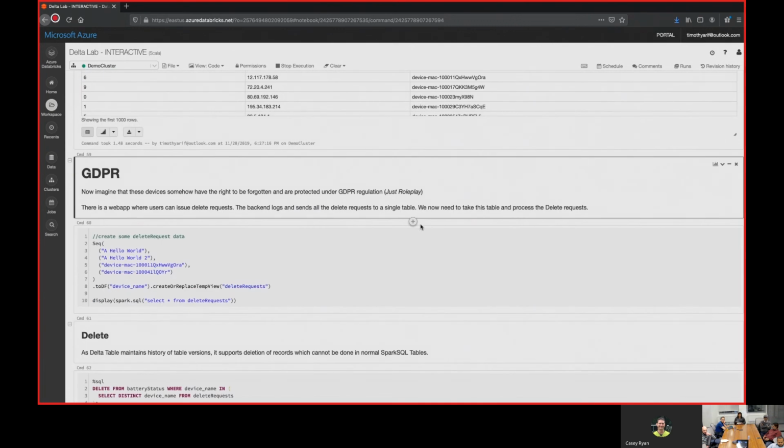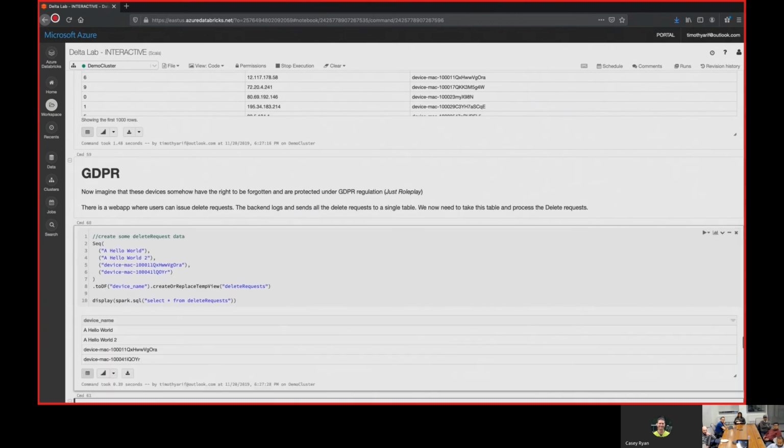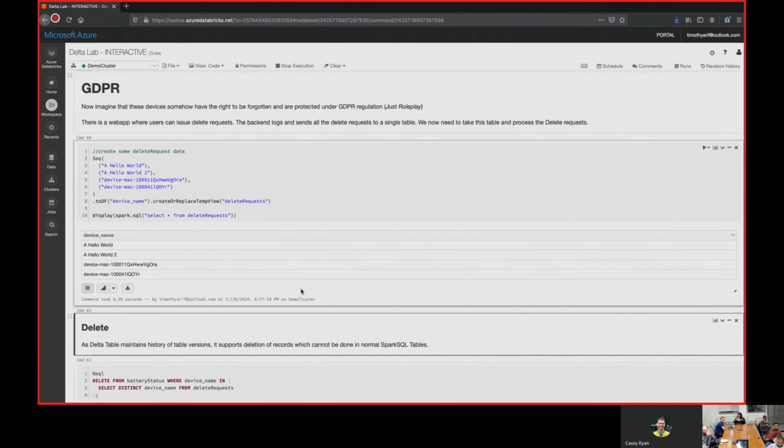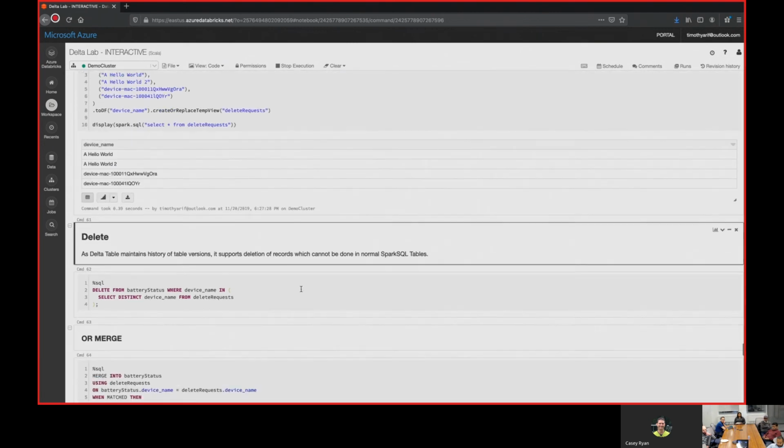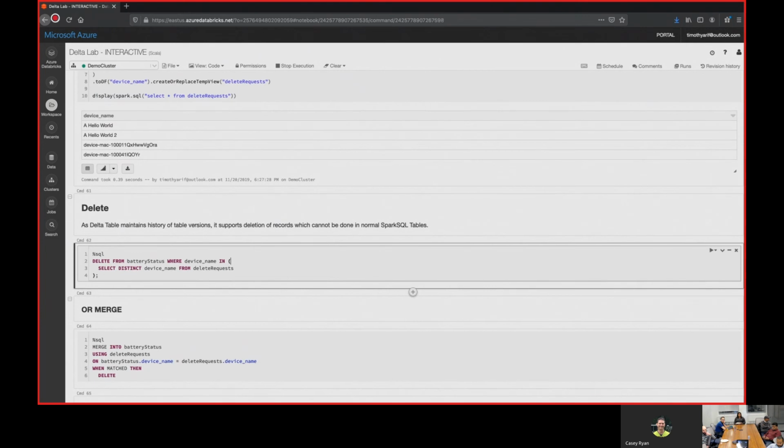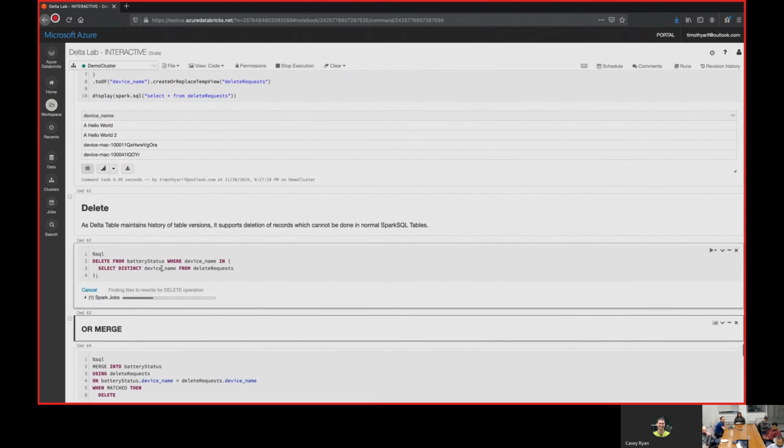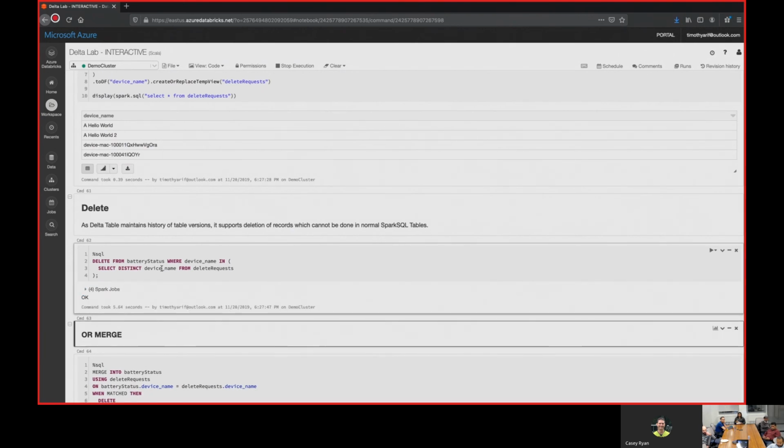And for those who ever have to deal with GDPR, there are ways to purge and delete everything. So you can say you're in GDPR compliance, which is pretty large. And even if you don't need to be in GDPR compliance, it's probably a good idea to get in the habit of it because it is good practice. Because it maintains the history, we're able to delete records, which you normally can't do in SQL. So even though on the back end all it's doing is inserting a new partition, when you run a delete command, it's basically grabbing that old file with only the records you want besides the one you're calling to delete, and then it saves a new Parquet file.